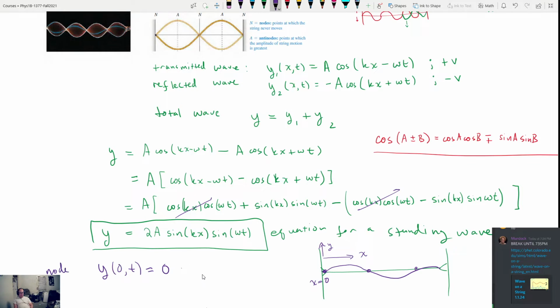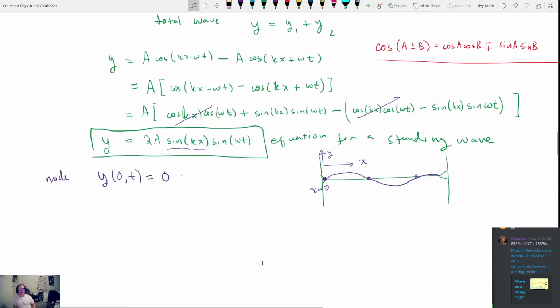This would be the first node. But where do the other nodes occur? The other nodes are going to occur anytime y is equal to 0. So the nodes occur at y equal to 0. So if we set y equal to 0 and we look at our equation,